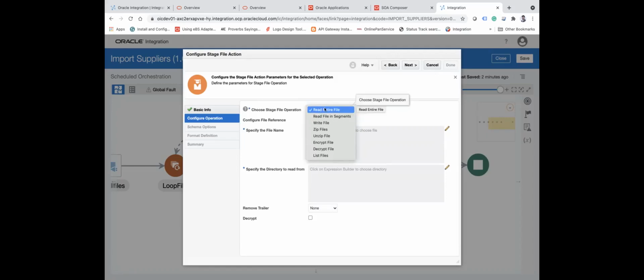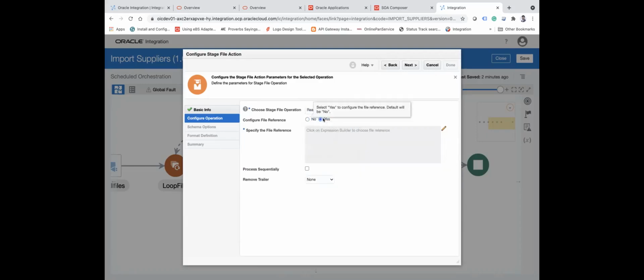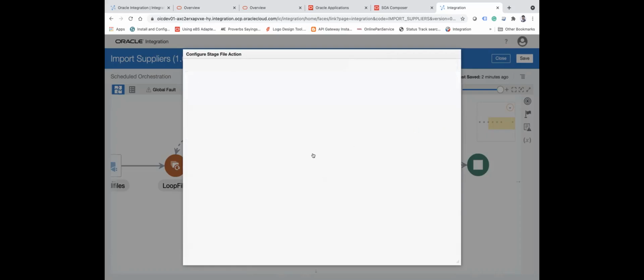We can use read entire file too, but we will not do this because the file which we are trying to read may be more than 10 MB. So if you use read entire file, your integration may fail. So always use read file in segments. And I will use the configure file reference. And here